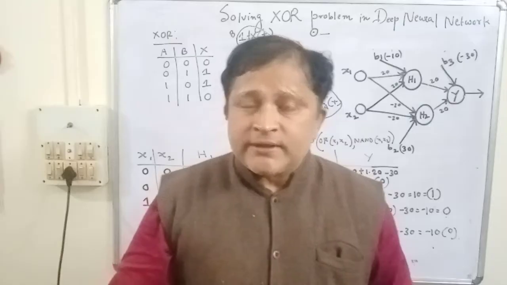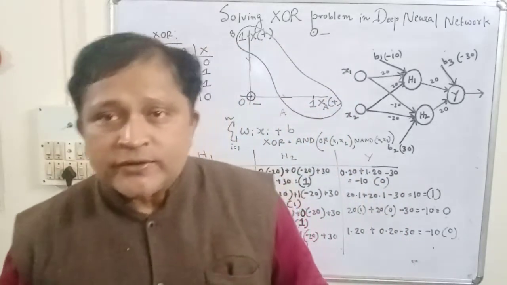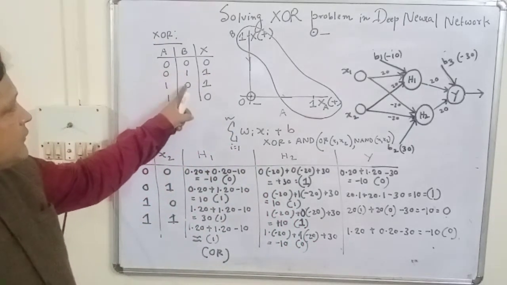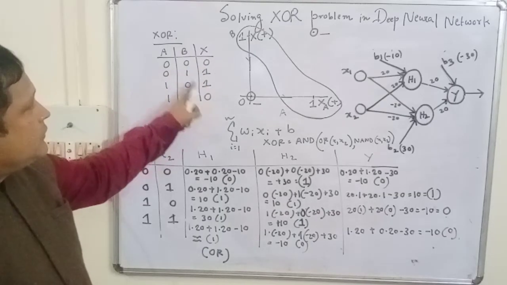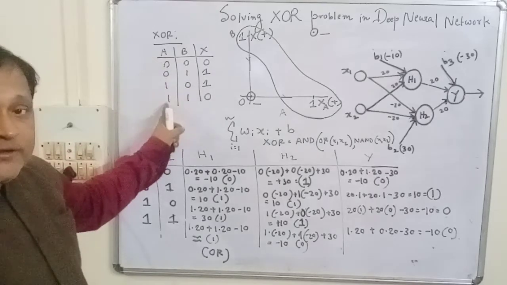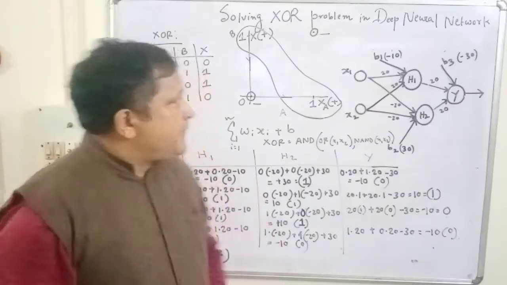If both of the inputs are enabled, then the output will be disabled, or if both of the inputs are disabled, then also the output is disabled. So we get 1 as output when any one of the inputs is 1 and the other input is 0. And the output will be 0 when both inputs are the same, because if both inputs are either 0 or 1, the output will be 0.